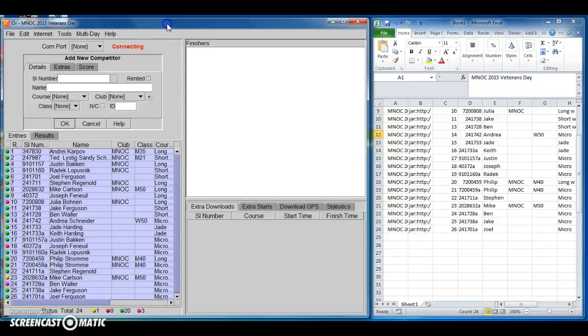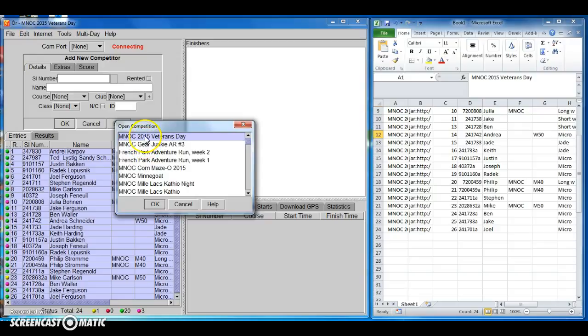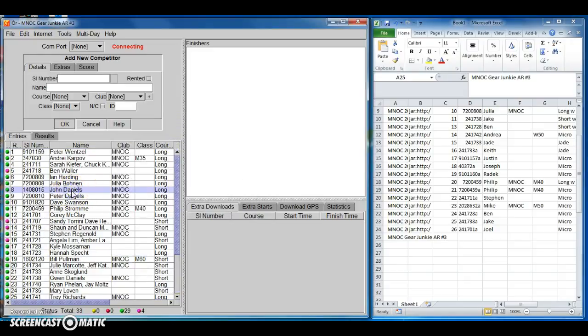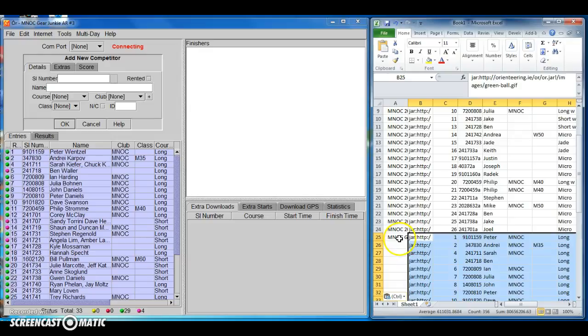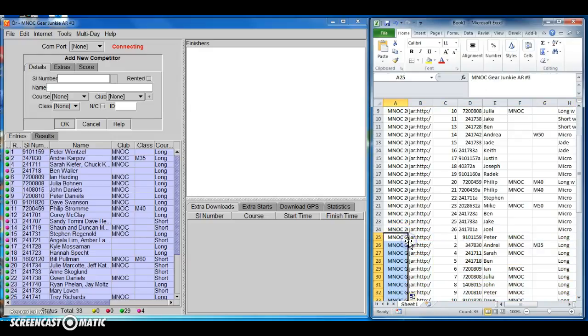So if I were to do the next one, I will go to File, Open. So I did that first one, so I go to the second one, I do a copy, go over to Excel, I paste it in that row, I go back to the OR software, double click on it. Again, this is the information I need in here, so I just click and I do a Control-A to select all, a Control-C to copy, go back to Excel, go to column B, paste that information in, go to this column, double click to copy it down, and that's essentially what I need done over and over again